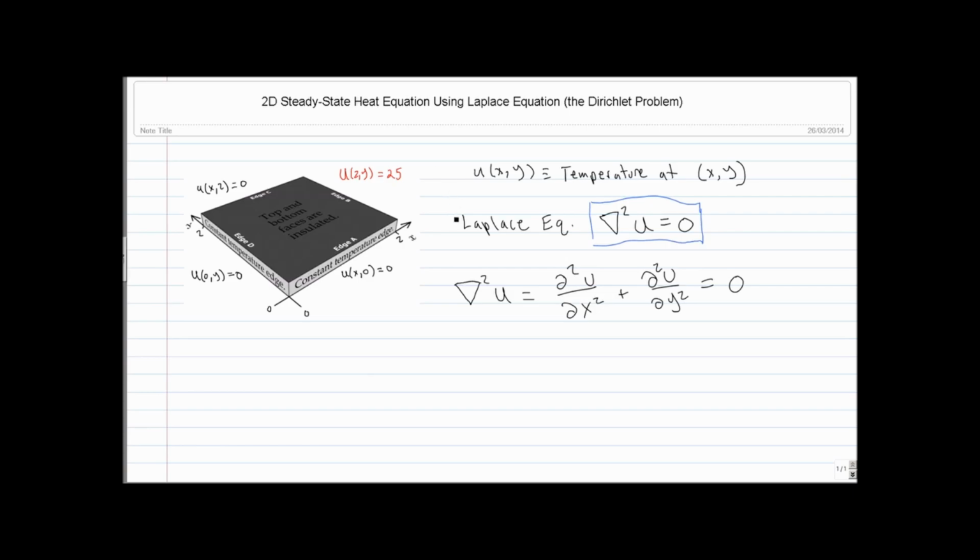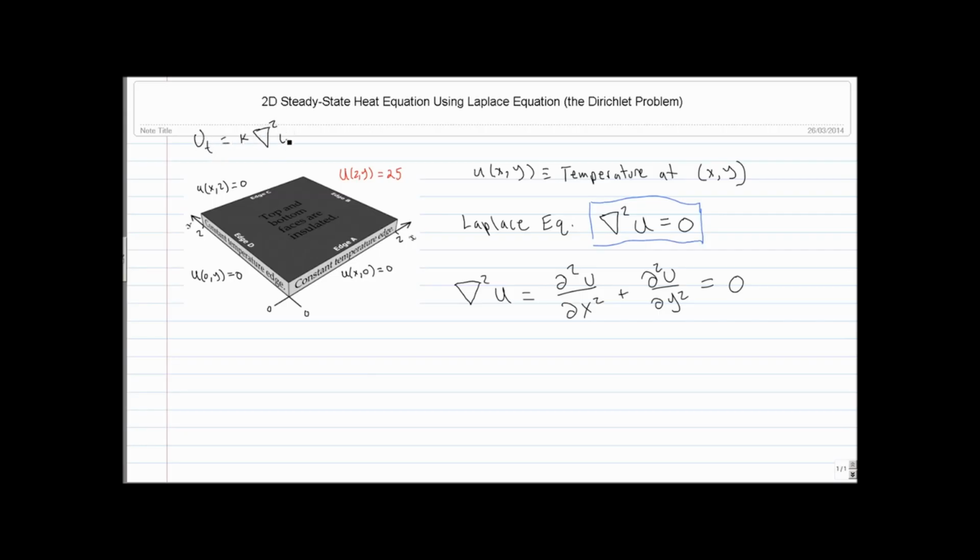Okay, so this video is going to be about the heat equation again, but this time in 2 dimensions. And in particular, we're going to be looking at the steady state temperature. That is, using the Laplace equation, but what that means is